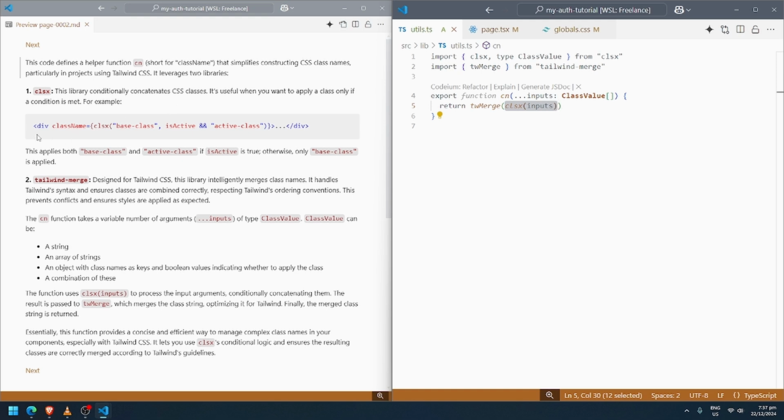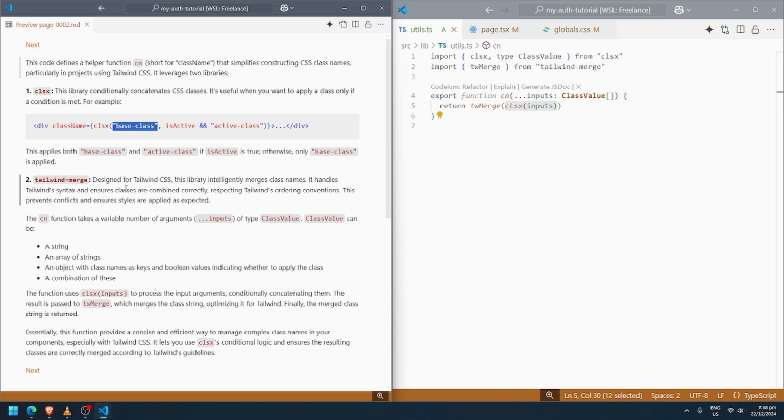For example, you have this class name, base class, is active class. So the base class and active class, if this variable here is true, then display the active class and base class. Otherwise, if this is false, then only this will show in the class name.